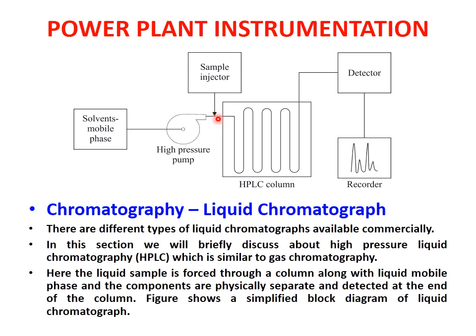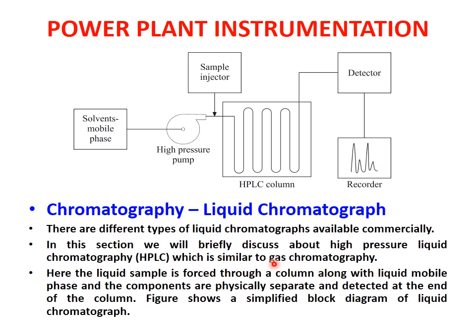And at the same time, when the high pressure pump is passing this liquid to this column, the sample injector will be provided, and again therefore there is a segregation of different constituents. Again this segregation will be detected by the detector, and it will be sent to the recorder for plotting the liquid chromatogram. There are different types of liquid chromatograms available commercially.